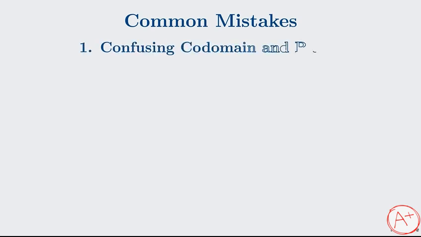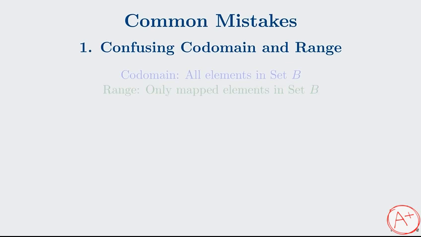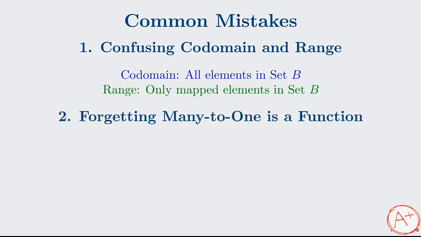To secure an A star, you must avoid these common pitfalls that students often make in the exam. First, many students confuse the codomain with the range. Remember, the codomain is the set of all potential values in set B, while the range is the set of values that are actually mapped to by the domain. Second, some mistakenly think that many-to-one mappings are not functions. They are. As long as each individual input only points to one output,